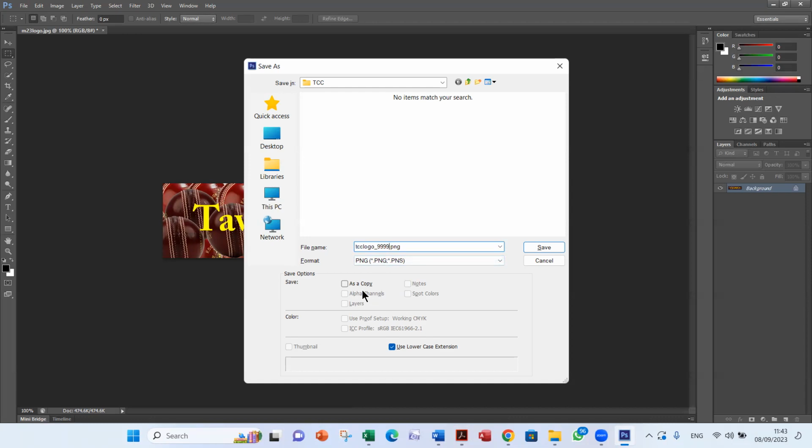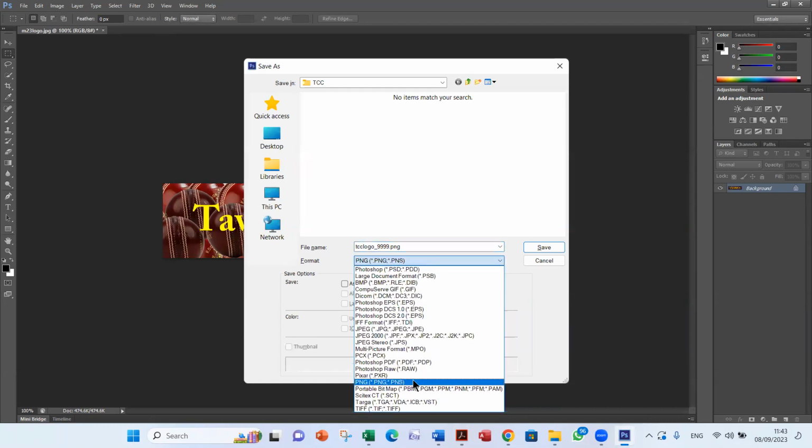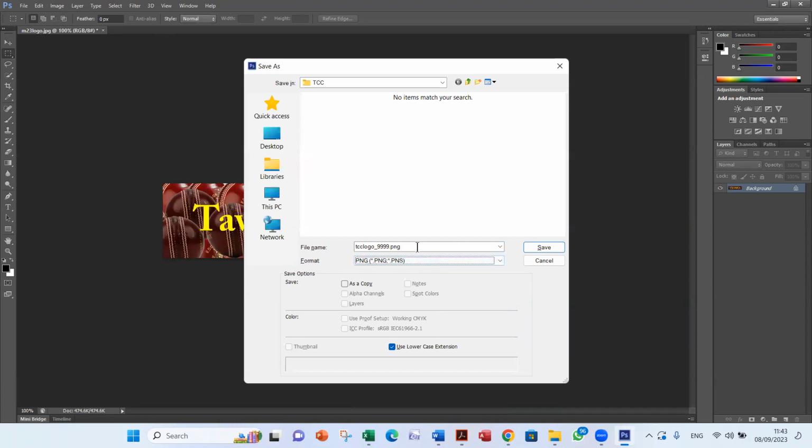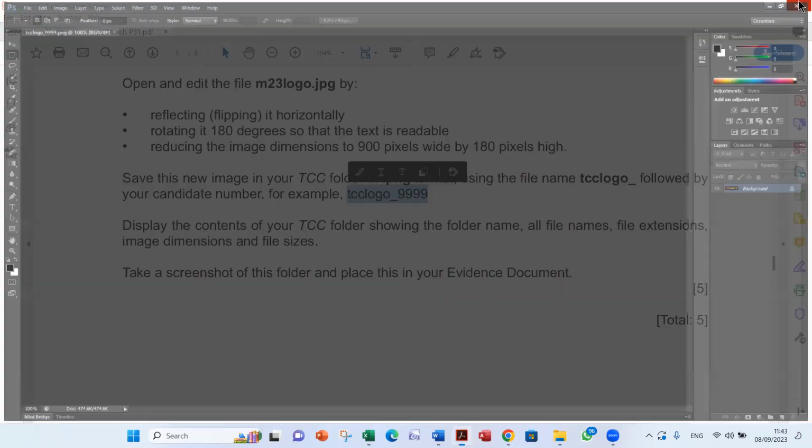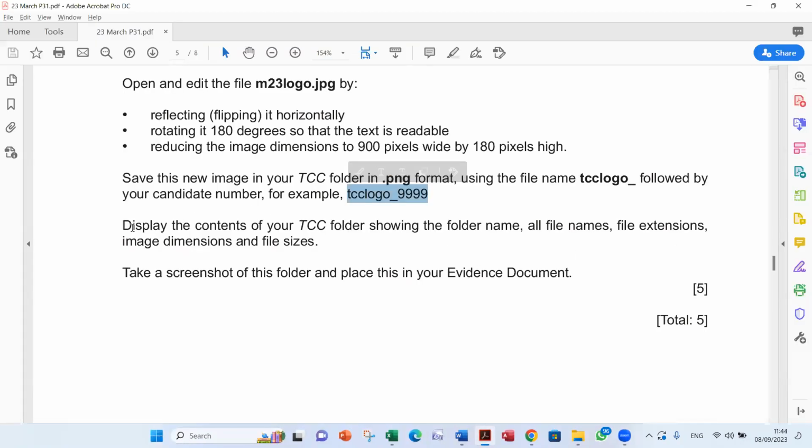Just give it the name TCC logo and keep the .png. Okay, and make sure you are saving it in your TCC folder. And click on save and click OK on whatever options that appear. And then close Photoshop and we are done with that.